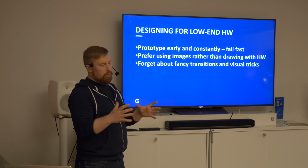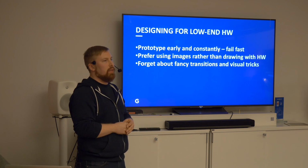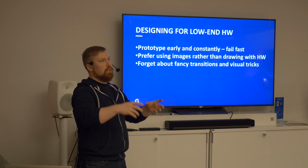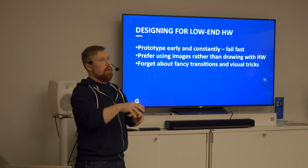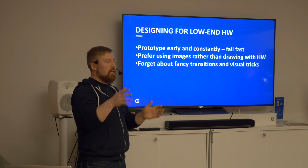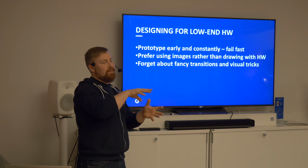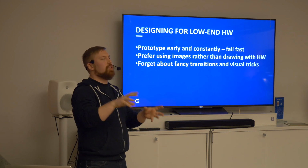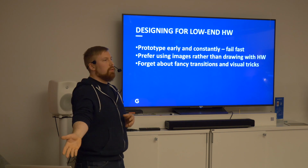So we worked in one week sprints and then iteratively designed the user interface and implemented things. And we went from ideas to wireframes to designing visual assets to deploying it on the target hardware in a very short period of time. And also most of the time we even skipped the wireframe phase and did rough visual assets and straight away tested them on the target hardware,